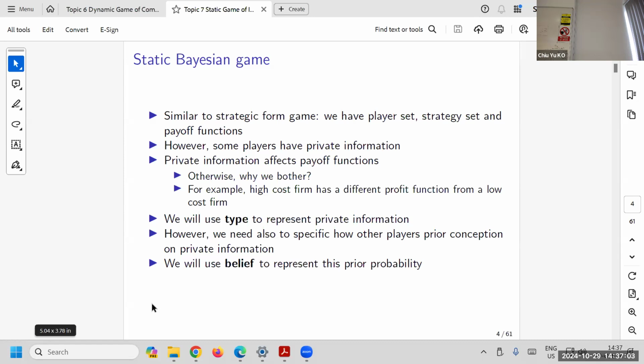If I toss a coin and cover it, there's no more probability. Either it's head or tail. But you can still say I have half of the belief that it is a head, half of the belief that it is a tail, right? So that is called the Bayesian. That's why I call it a Bayesian game. The belief, the Bayesian comes from that.